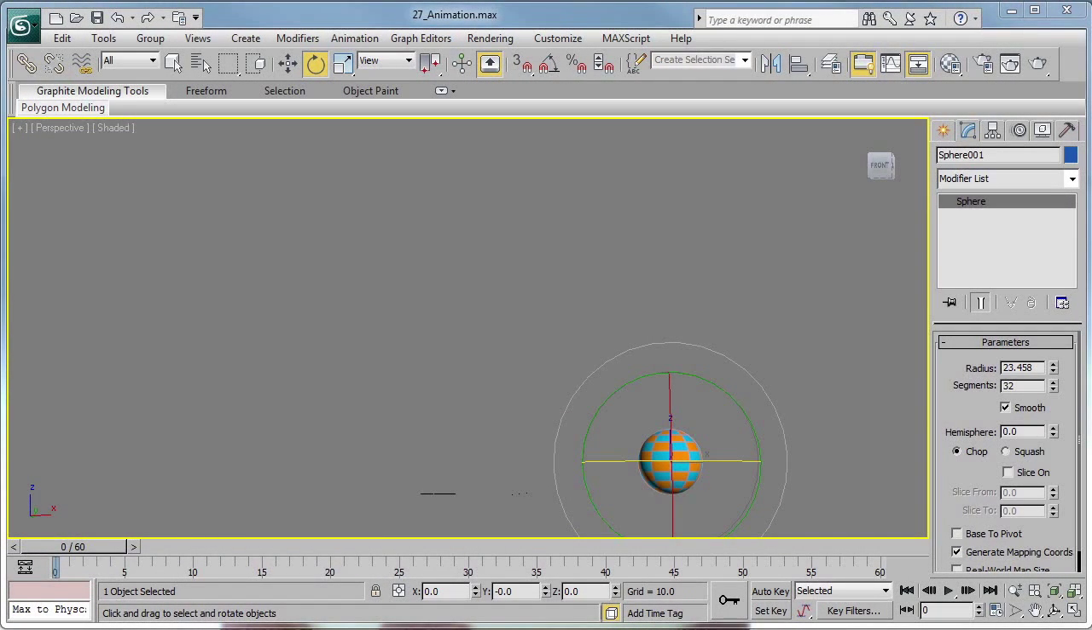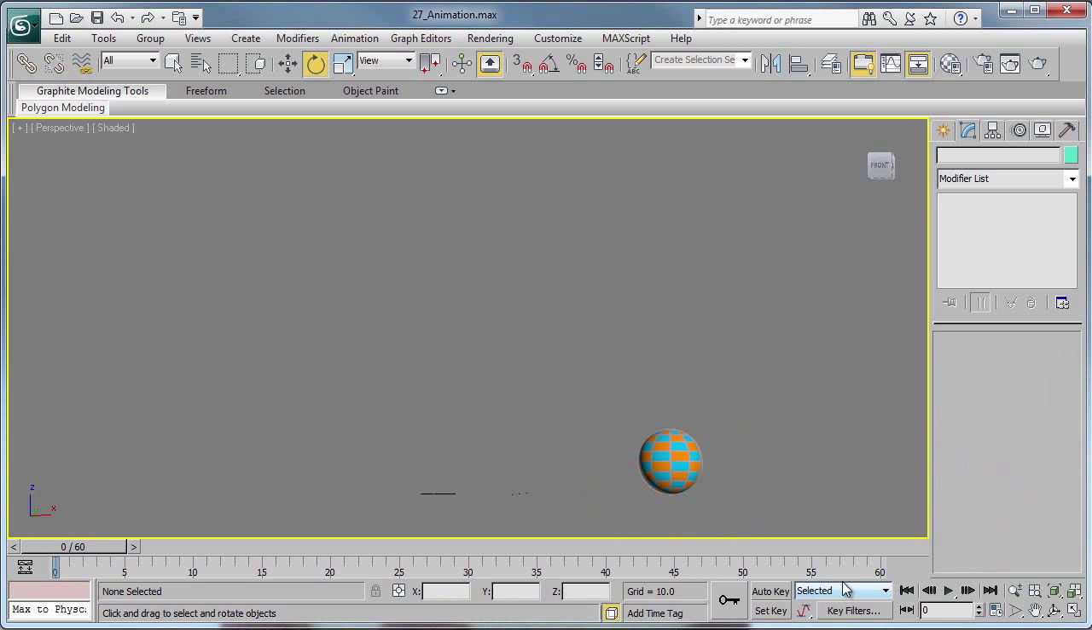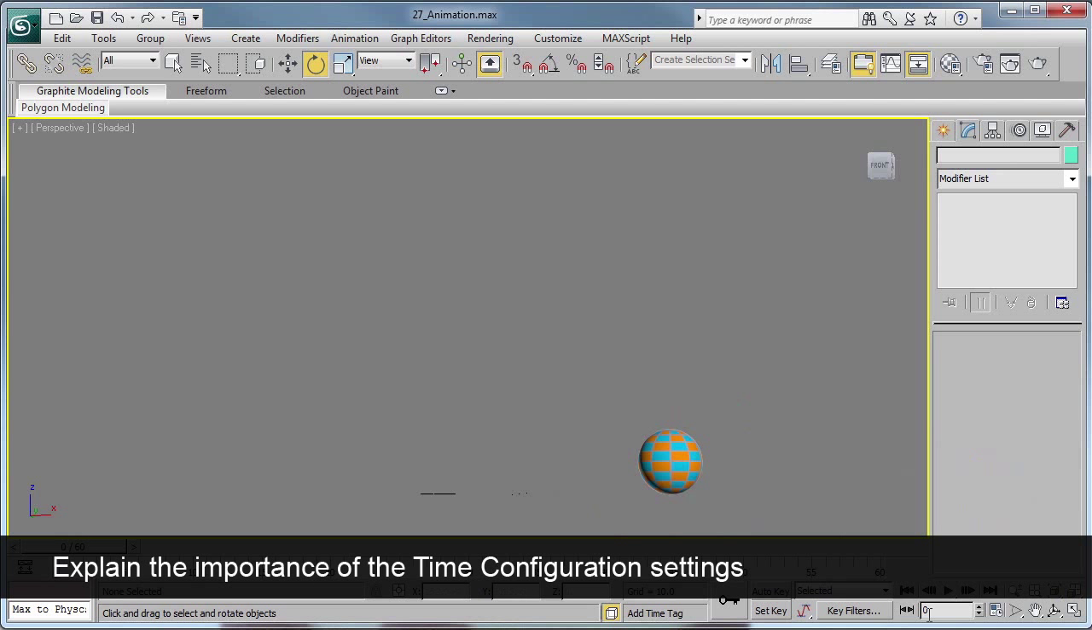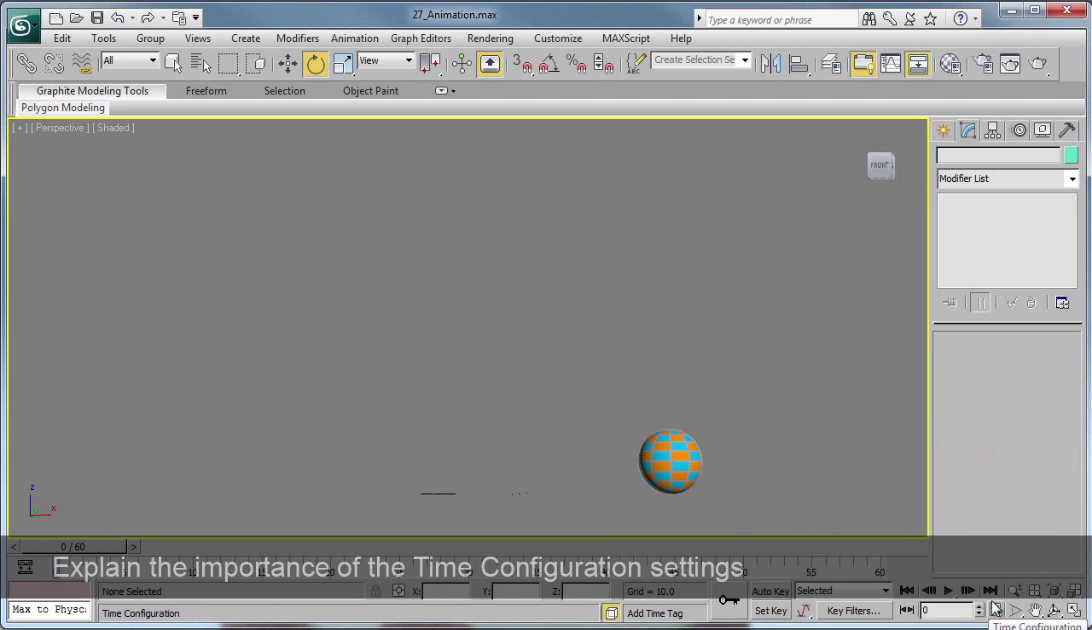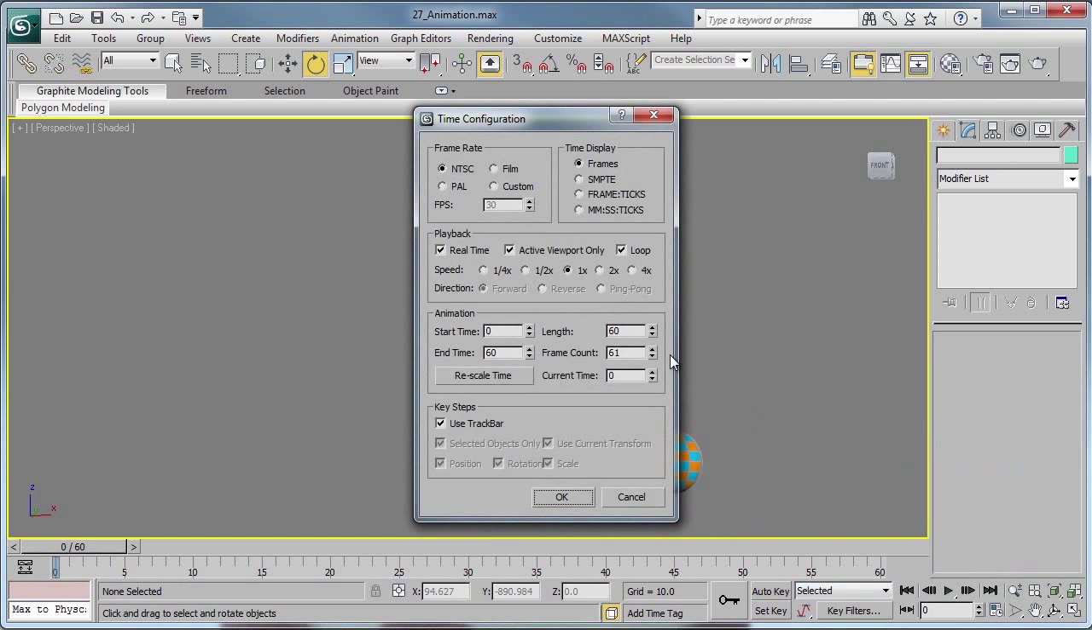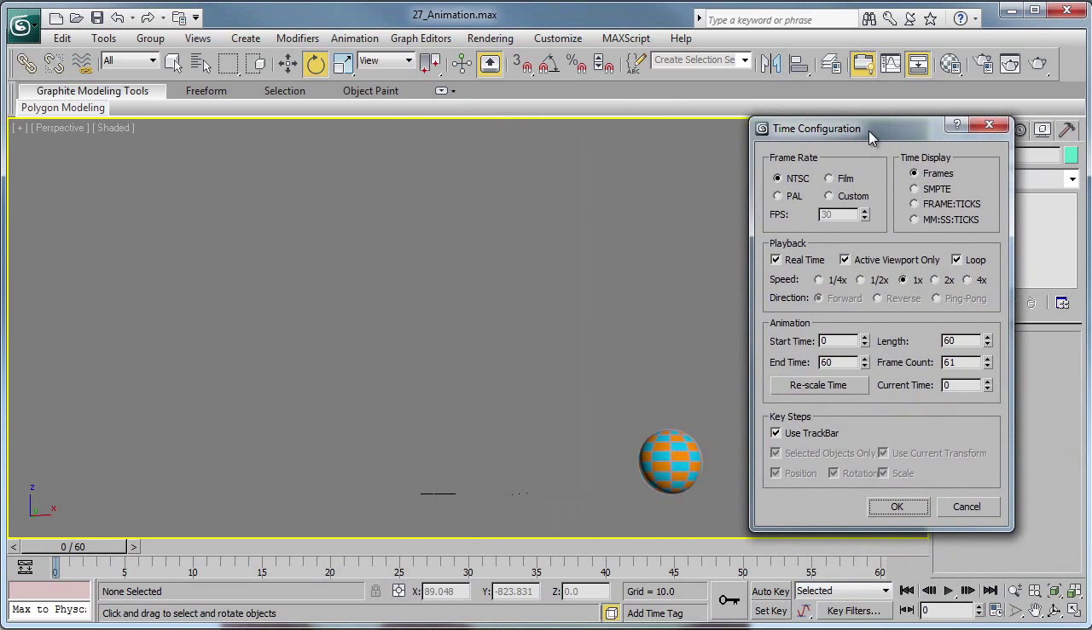Let's take a look at how we can start animating in this video. So I have a simple ball over here, and let's just do a basic animation on it. So the first thing you'll have to do is go to the time configuration, which is this button over here. Let's click on that. In this case, what I have is 60 frames over here, so animation is calculated in